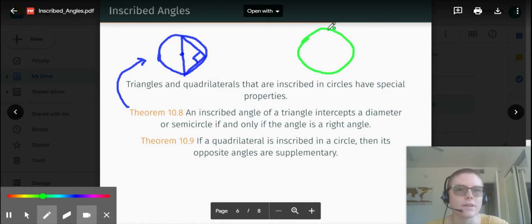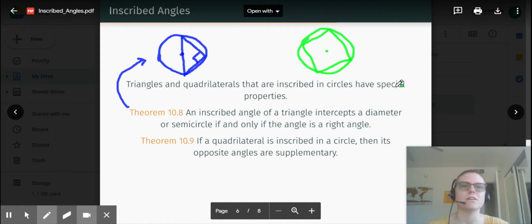And if a quadrilateral is inscribed in a circle, it doesn't matter what the quadrilateral looks like. It can be any quadrilateral, it doesn't have to be a kite or a trapezoid or a parallelogram. All that we know is that its opposite angles, this guy and this guy, are supplementary. And the reason for that is because